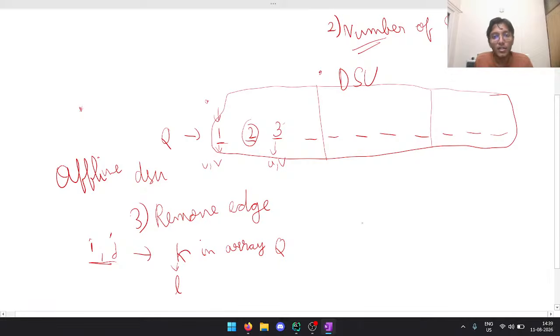Now, if you consider for a particular part in this query array Q, any edge that was inserted before or removed before or inserted after or removed after need not be considered while computing the answer for this square root Q sized section. So what I mean by that is,